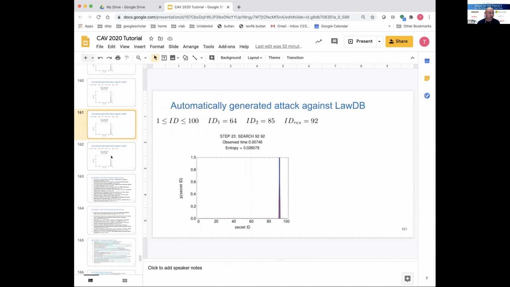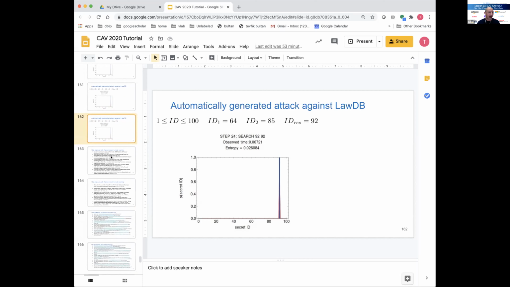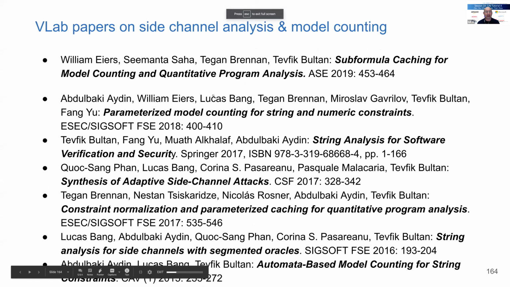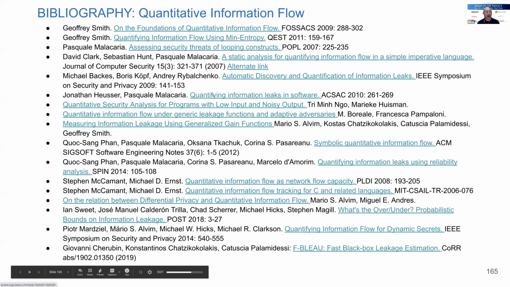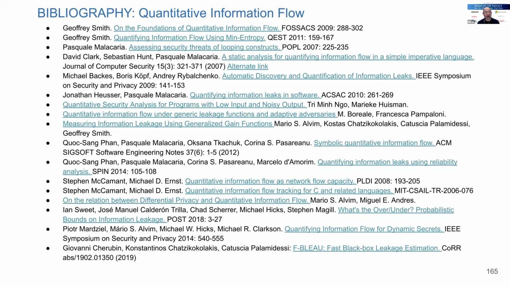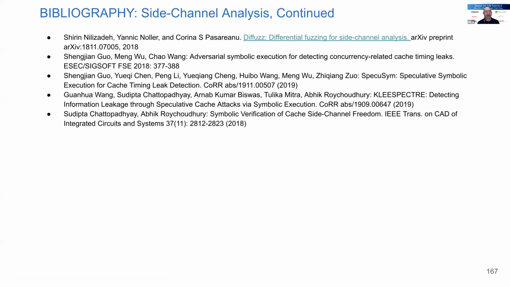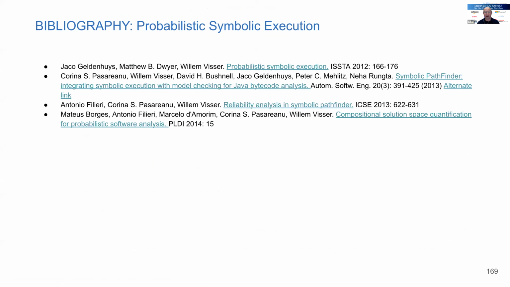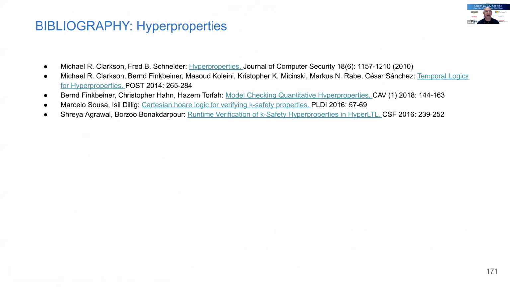Again, our goal is not to find attacks. Our goal is to make the software safer, and to get to that step, you first have to find the attack so you can improve the software, right? I mentioned that there is a lot of work on this, so I will share the slides. These are our papers, but there are a lot of papers that I compiled on this. I'll send the slides to Chao so you can look at the extensive work in this area.